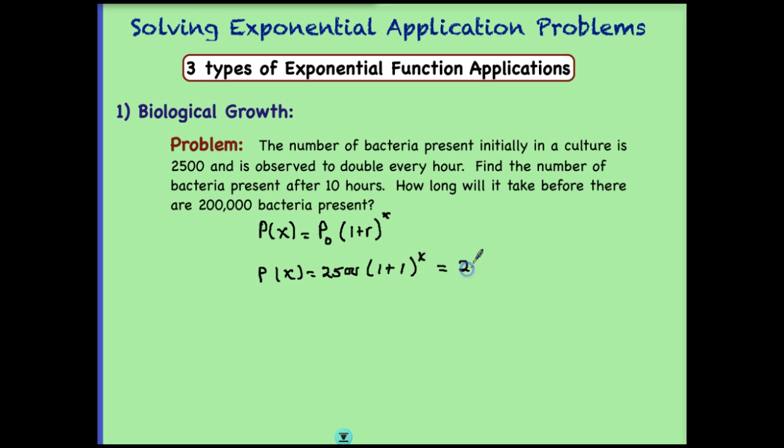And we can even write this as 2,500 times 2 to the x to get our actual equation. Then after 10 hours, so in other words, we're putting 10 hours in for x, we would substitute 2 raised to the 10th power. We would end up in our calculator with